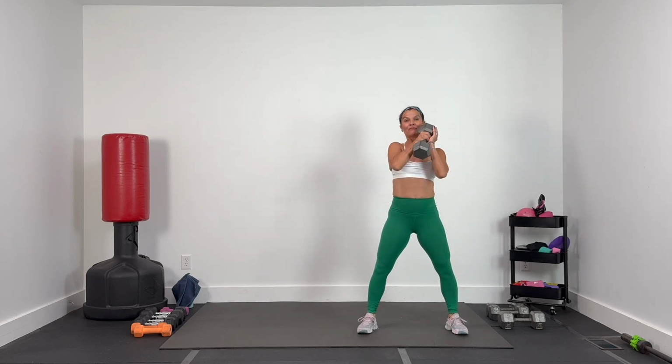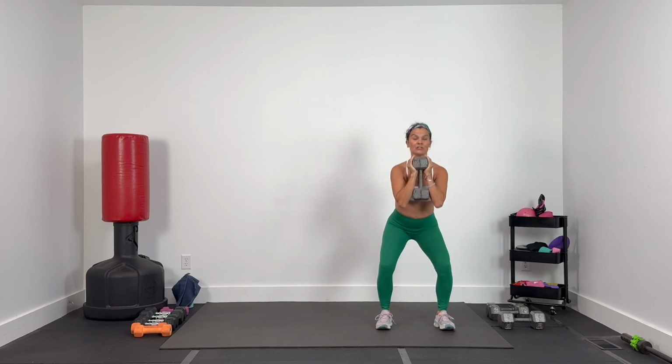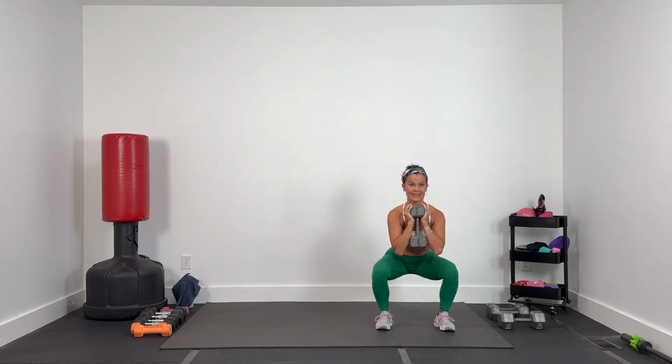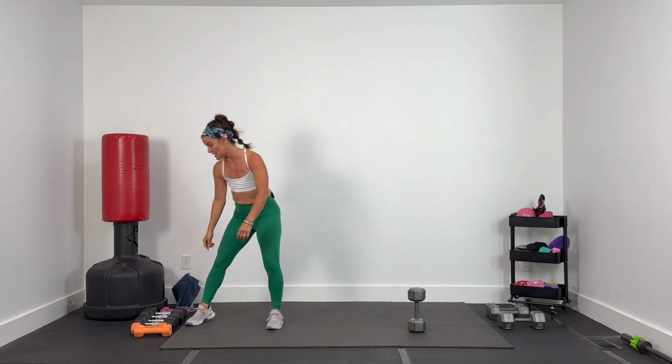So I've grabbed my 25. I'm gonna go a little bit heavier today. 30 seconds of work, I'm gonna push it. So goblet squats here, down and up. And then over here, second exercise, we've got